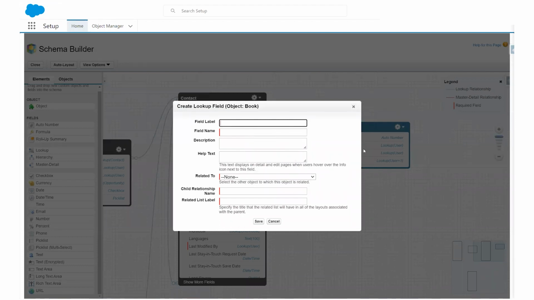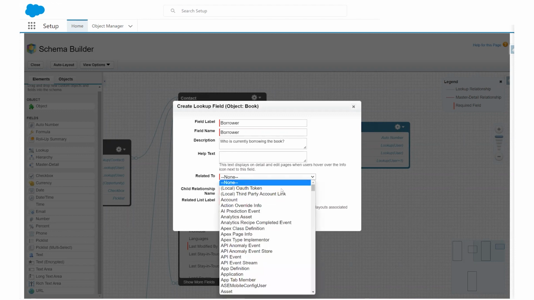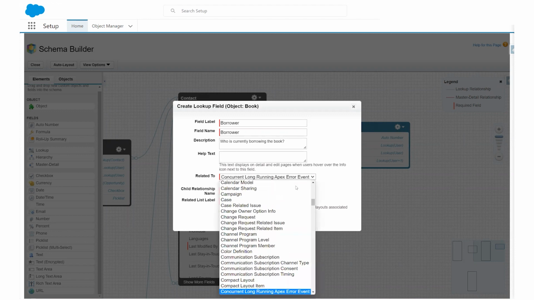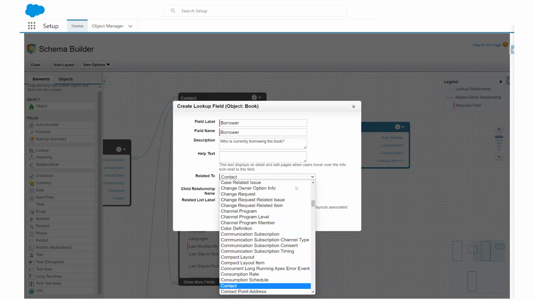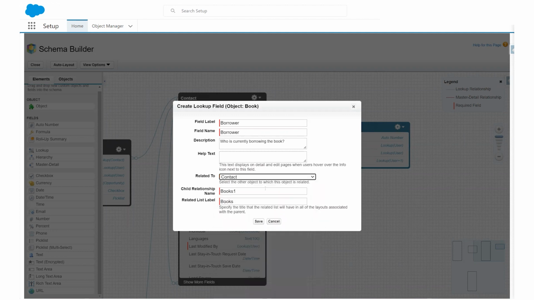But I think it might make a bit more sense for borrower: who is currently borrowing this book? And this will be related to contact, where you can search for it. And then the relationship name,